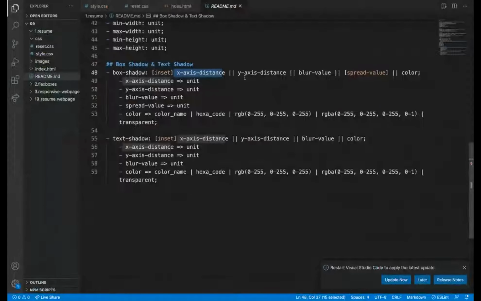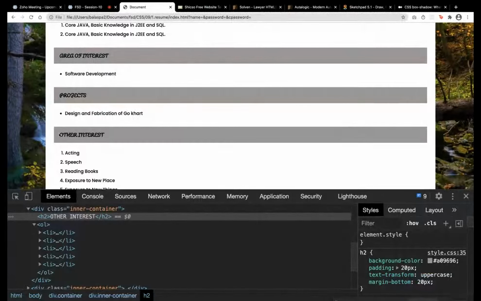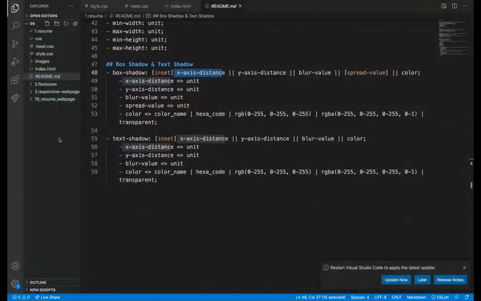The y-axis is vertically how much distance the shadow should apply. Blur value and spread value. Blur is how much blurred it should be. Spread we will see when we apply some values and check. Don't need to think much without seeing it visually. Color is the color of the shadow.